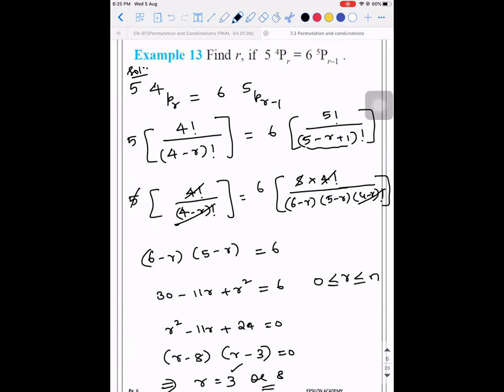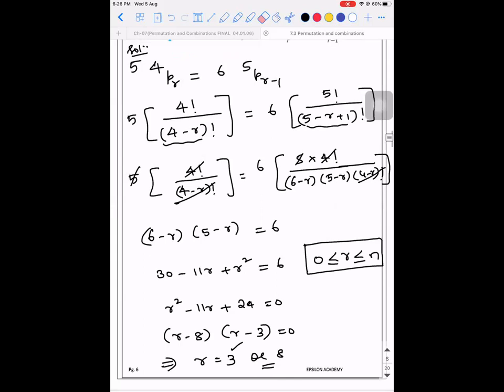Sir, can you explain the factorial of 4 minus r? Yes, sir. 4 minus r plus 1, 4 minus r plus 2, like that. How is it not, first of all, 4 minus r plus 1, it is 4 minus r minus 1? Why, sir? You have to decrease the value, no? Why are you increasing the value? What did I say? You have to look for the bigger term, and for the bigger term, you need to keep decreasing the values. Okay, sir.